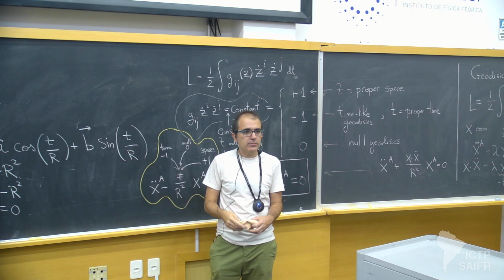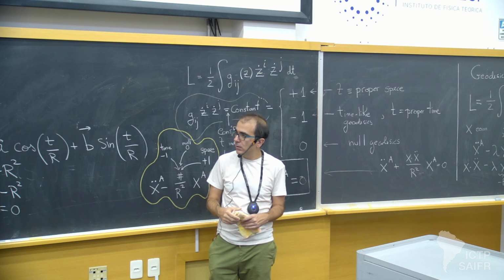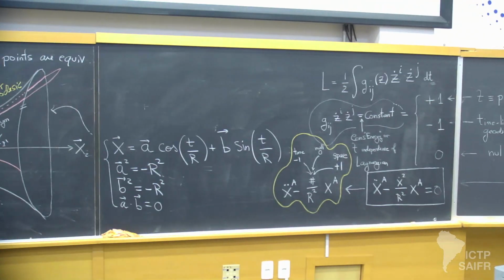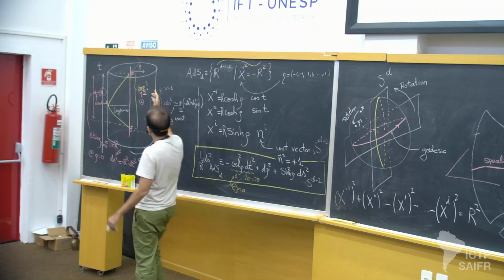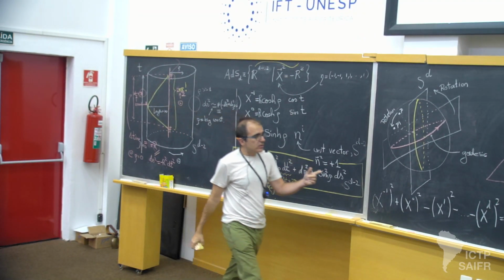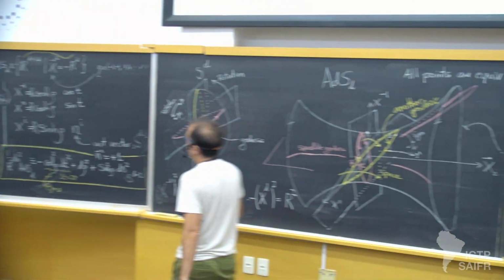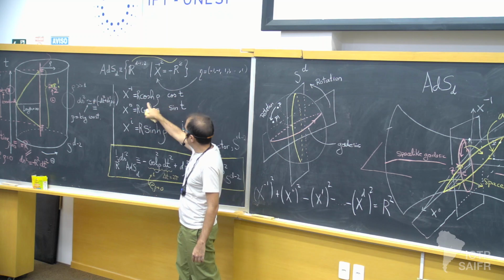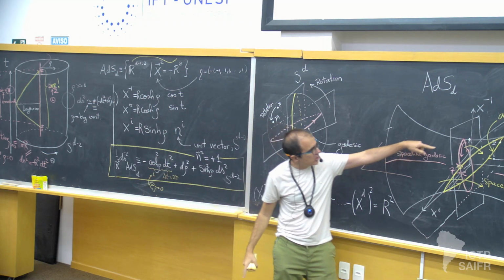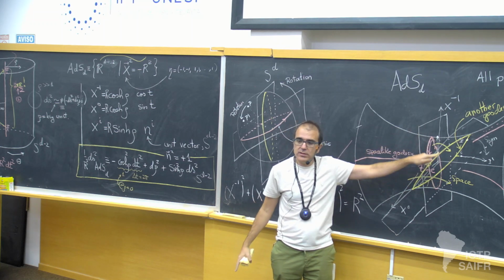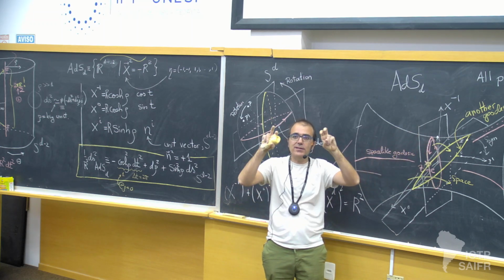Yes? Rho is the radius. Rho is this radial coordinate. Being at rho equals 0 is being here at the center. Notice that rho equals 0 means that these variables are in a circle of radius r. That's exactly the red trajectory here. This red trajectory is being at rho equals 0, just rotating here. So this red trajectory would be the center of ADS,